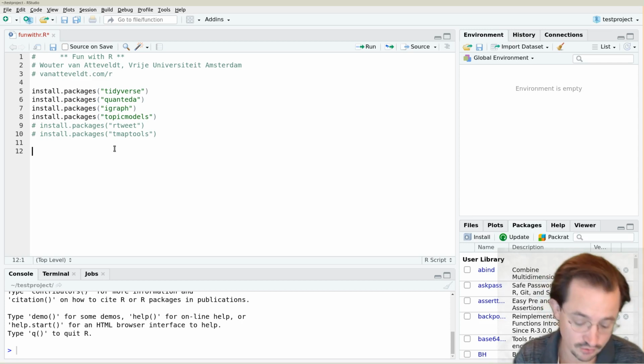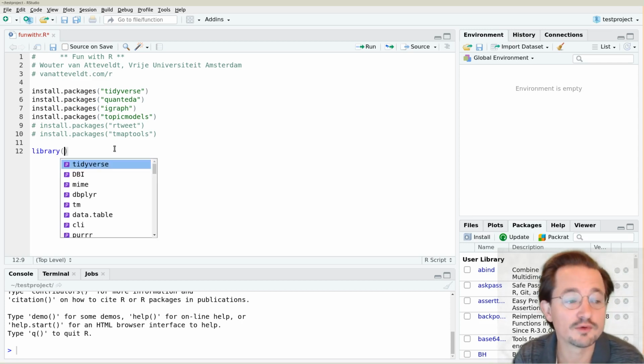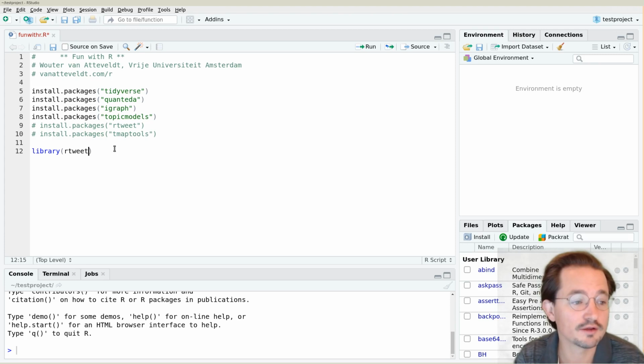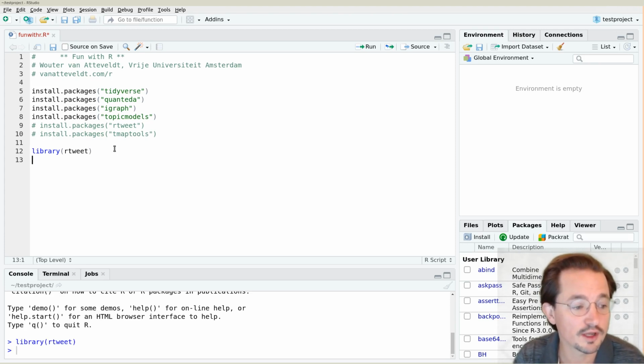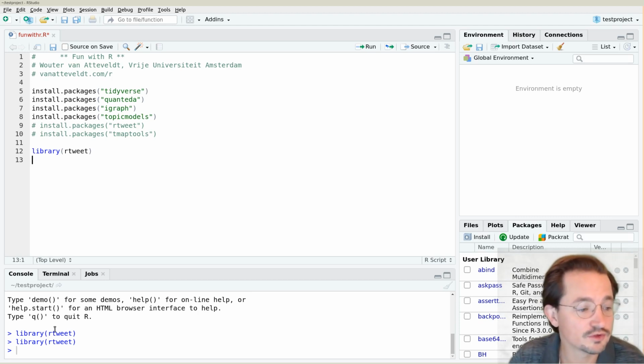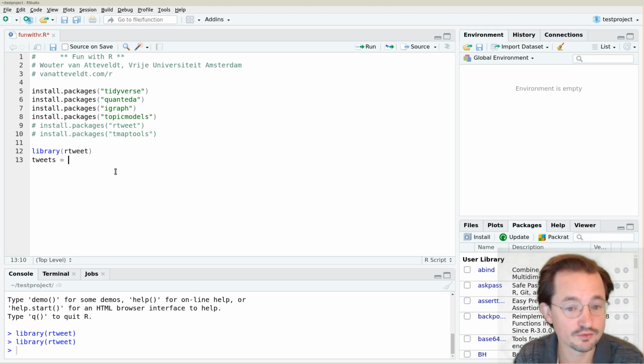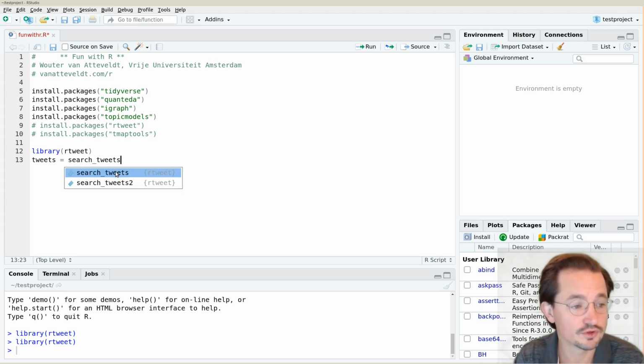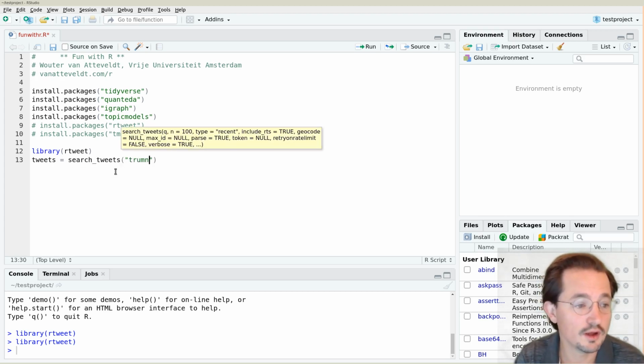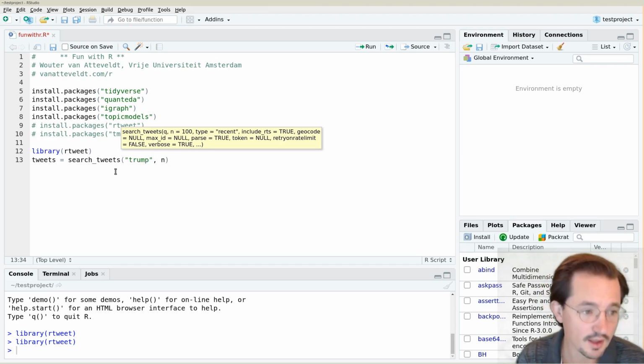Now, after installing something, you need to activate it with the library command. So I now activate the rtweet package so I can get myself some tweets. You see that I type the command here and press Ctrl and Enter to run the command, and you see it's run here in the console. Now, the rtweet package is activated, so now I can actually get myself some tweets with a function called search_tweets. Why not? Let's search for tweets mentioning Trump. And let's not get too many of them, just 10 of them,